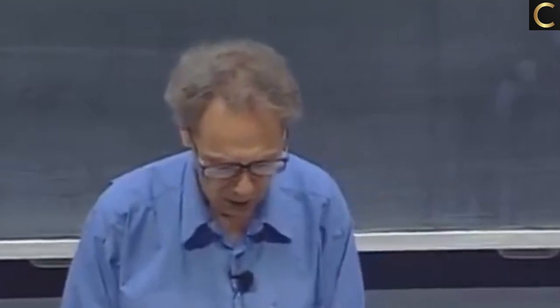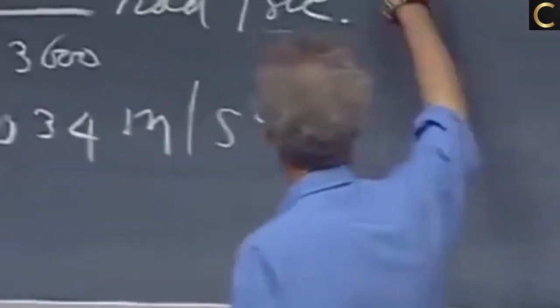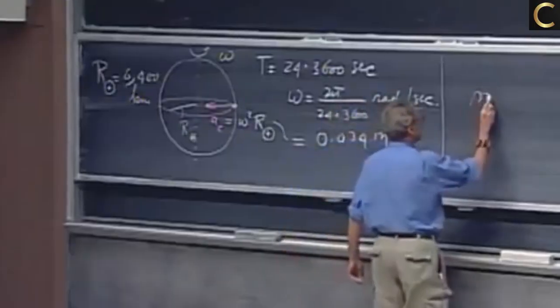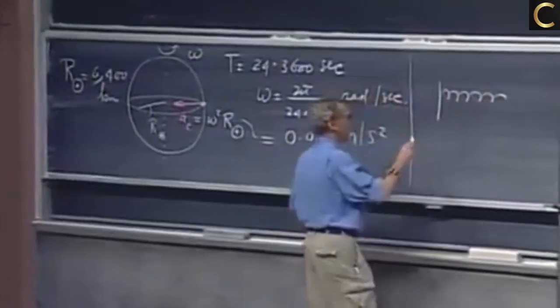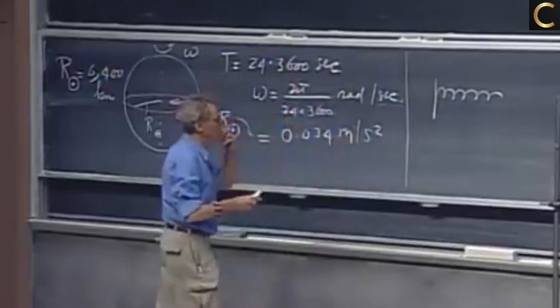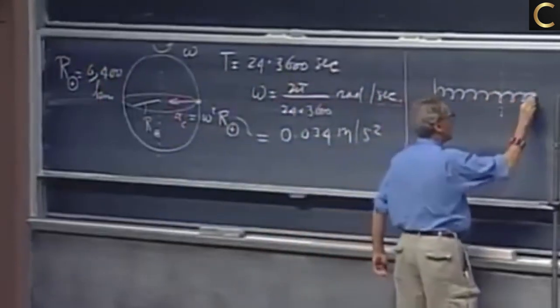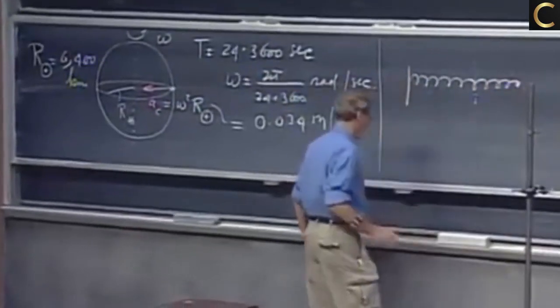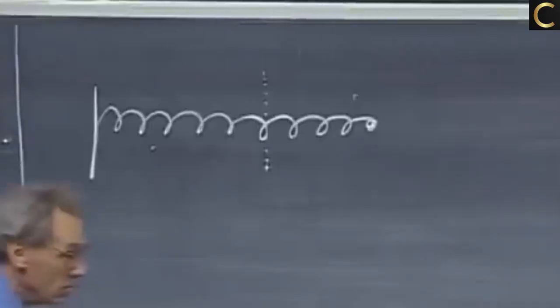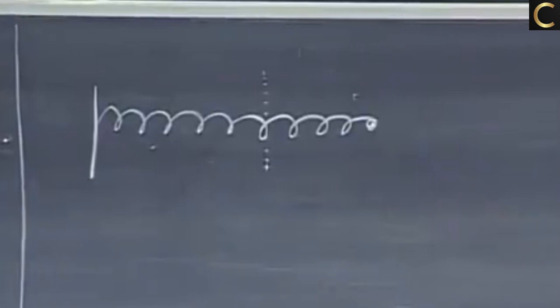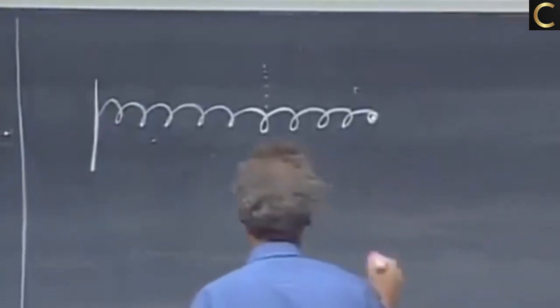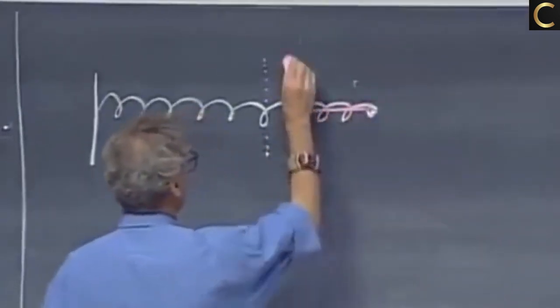Now we come to the second law, Newton's second law. I have a spring. Forget gravity for now, you can do this somewhere in outer space. This is the relaxed length of the spring, and I extend the spring over a certain distance, unimportant how much. And I know that when I do that, there will be a pull,